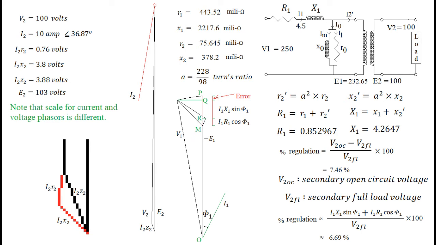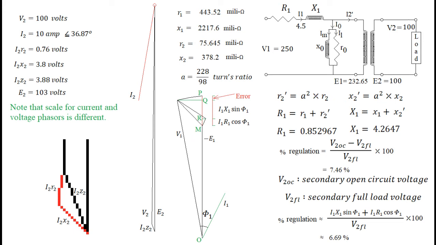There is another way to evaluate the value of regulation. In this second method, the primary phase difference between voltage and current needs to be known, whose value is phi1. The difference between primary voltage V1 and the voltage that remains after deducting the primary total impedance drop from V1 is minus E1. We may see both of these phasors on the phasor diagram on screen.